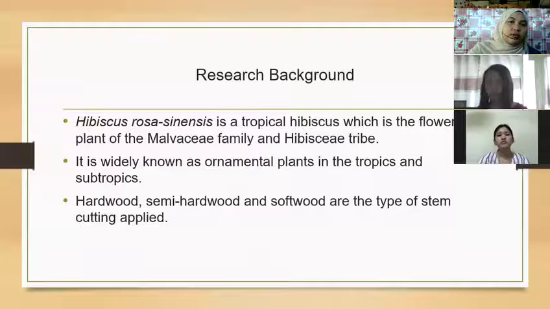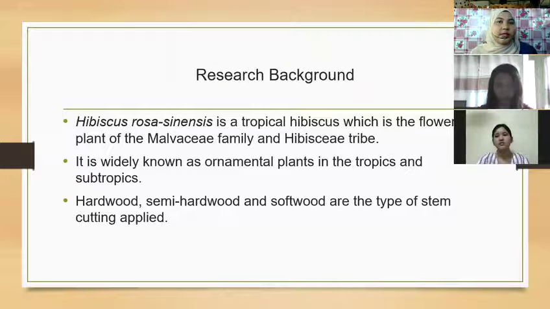After that, I want to talk about our research background. Hibiscus rosa-sinensis, as we know, is the national flower of Malaysia because it has five petals. The five petals represent the five principles of the Rukun Negara, our national principles. Then the red color shows Malaysia's perfection. Hibiscus rosa-sinensis L is from the Malvaceae family and the tribe Hibisceae. It is widely planted in Malaysia as an ornamental plant, and it is widely known as an ornamental plant in